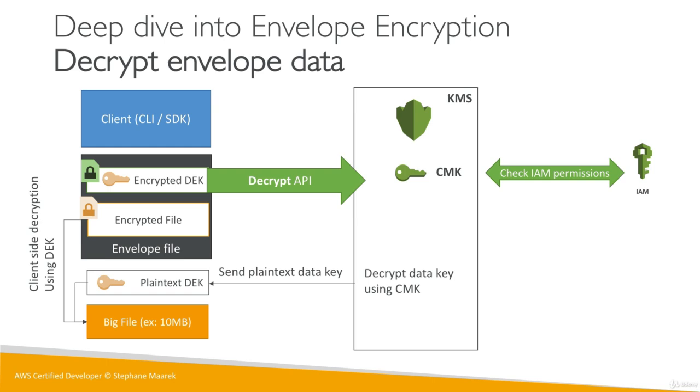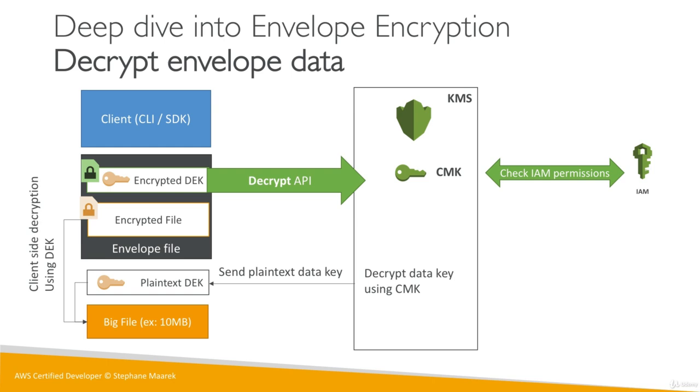As you can see, the decryption always happens client-side as well. So using this data key trick, we're able to just get one little key that will allow us to encrypt the data, but we have to remember that the encrypted data key must live alongside whatever we encrypted, otherwise we cannot decrypt it back. So this is just for the curious, for you to know how envelope encryption works.